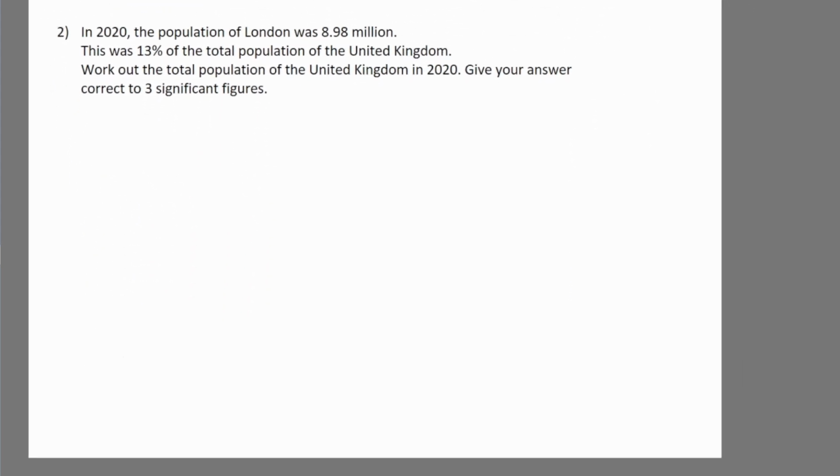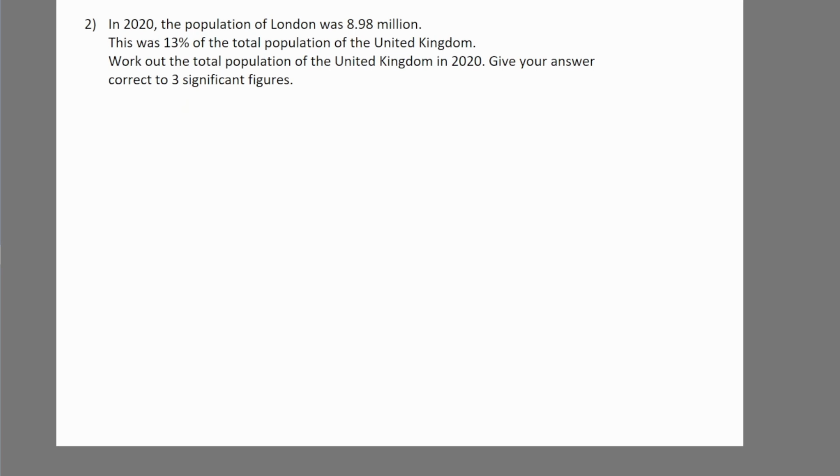Moving on to the next question. Okay, let's take a look here. In 2020, the population of London was 8.98 million. This was 13% of the total population of the United Kingdom. Work out the total population of the UK in 2020. Okay, so now you need to understand, this is not a percentage increase or decrease question or percentage profit or loss, obviously. This is a very simple application on percentages. So now here's the thing. We know